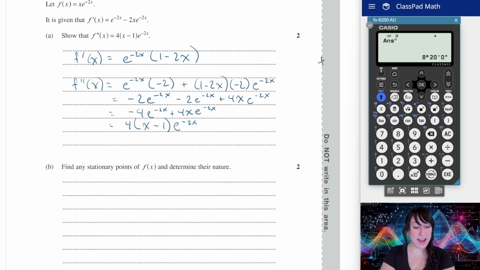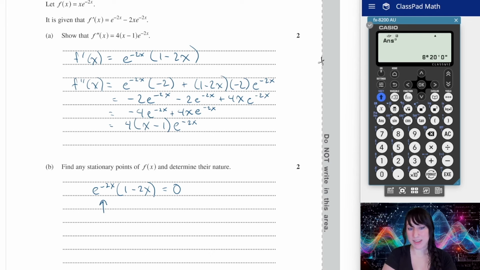Part B, find any stationary points of f of x and determine their nature. So stationary points occur when the first derivative is 0. For our convenience, let's use the factorized version. Because similarly to a quadratic, when something is factorized and equal to 0, we can solve it by finding what makes each factor equal to 0. Now,